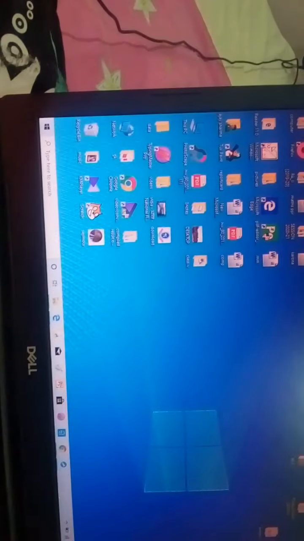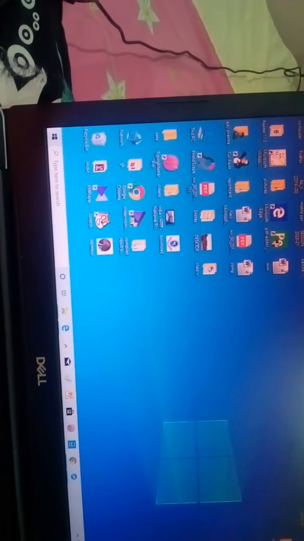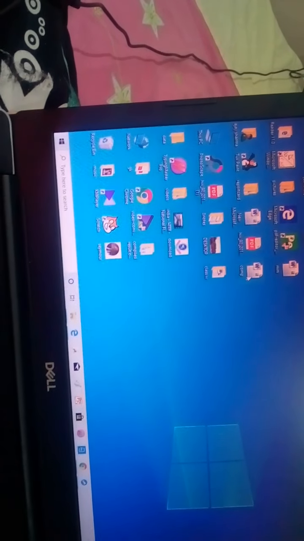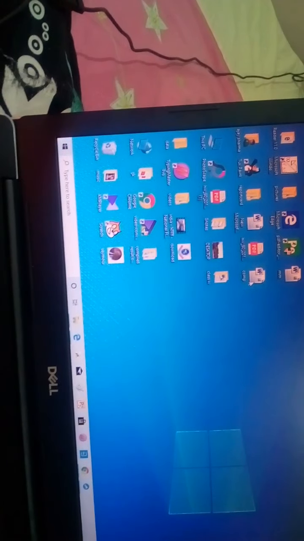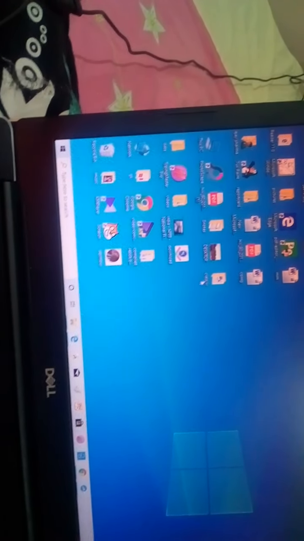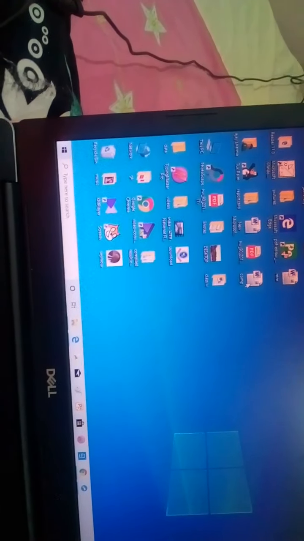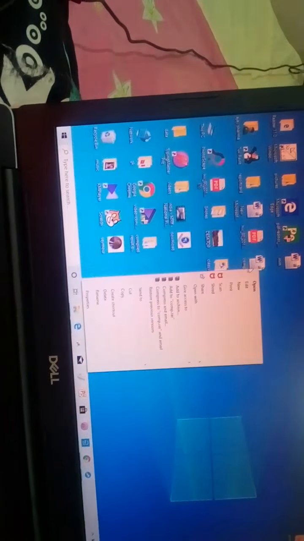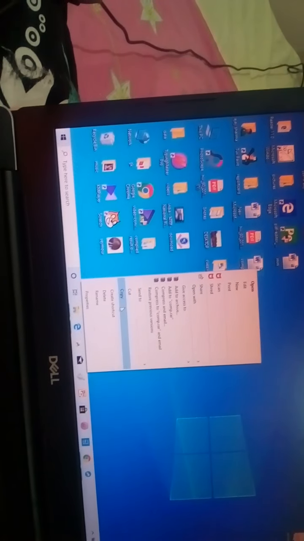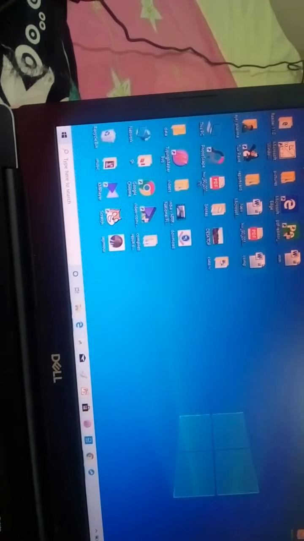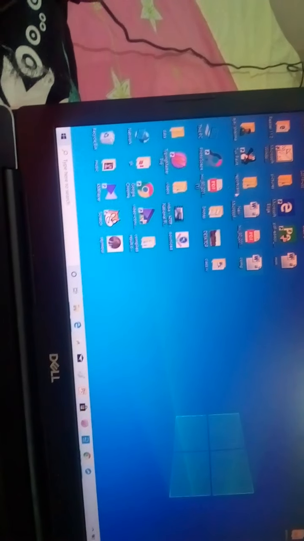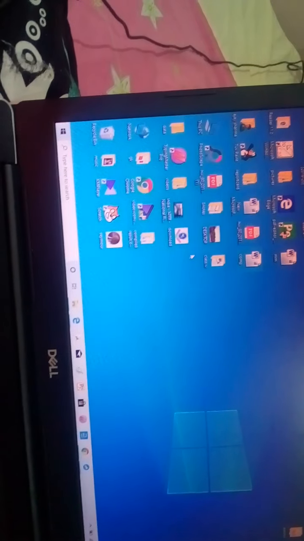Next, copying a file or folder. If you want to copy any file or folder, suppose I want to copy this comp file into a different folder. Right click on that desired file or folder and choose the copy option, and now select your new location where you want to create a duplicate copy of this file.